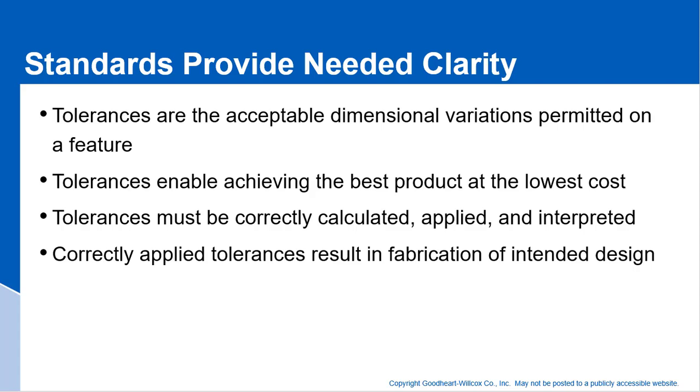What all of this means is nowadays there's a lot of manufacture of mechanical components and assemblies. And what we use the tolerances for and GD&T for is to precisely define what these parts are and how they fit. So that's why we keep saying tolerances must be correctly calculated, applied, and interpreted. So you need to know how to dimension parts, you need to understand mechanical drawings, and you need to know how to apply tolerances. And to apply tolerances correctly, you have to have some understanding of manufacturing processes, because